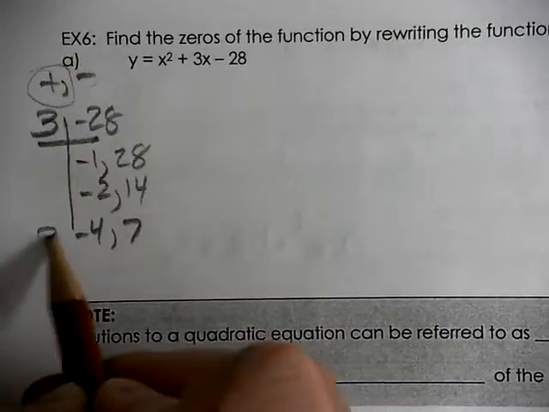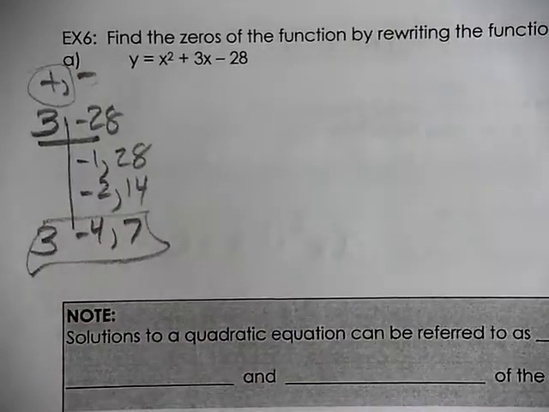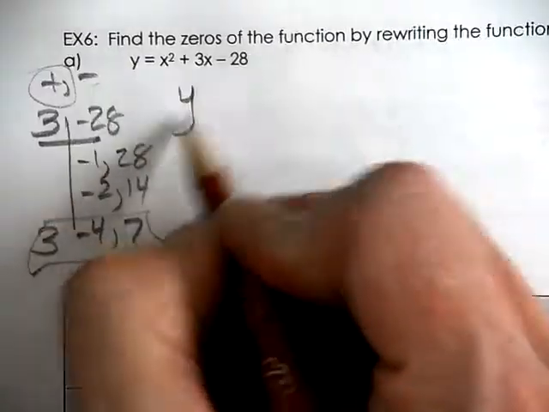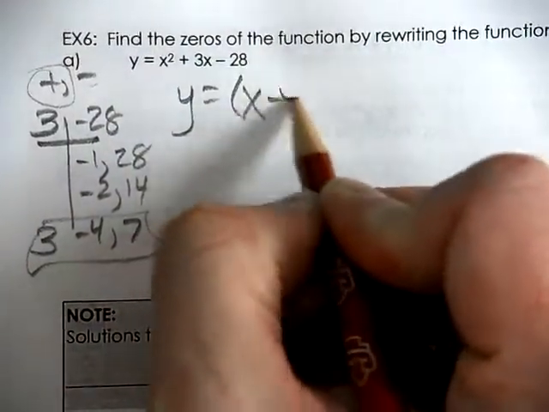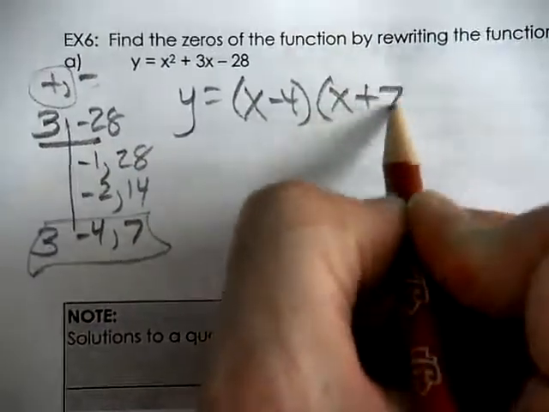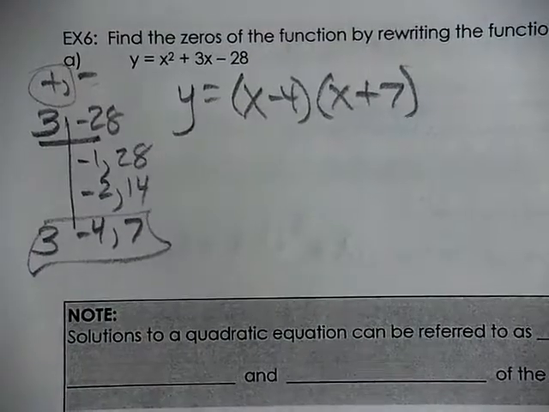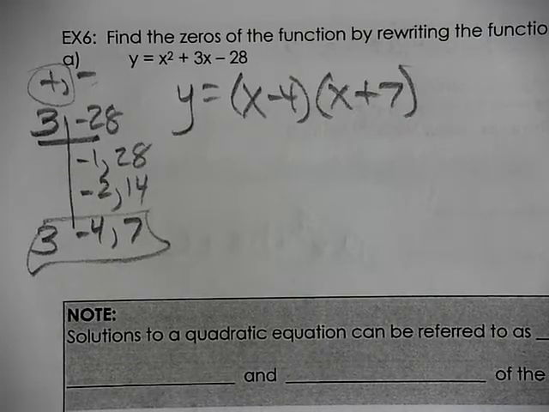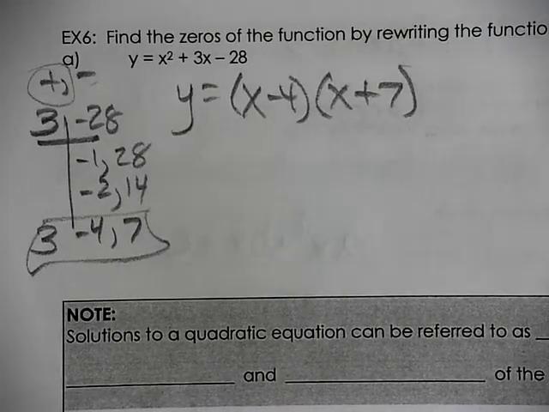So this is the only one that adds to 3. So we're going to be able to take our y equals (x minus 4)(x plus 7). We have written it in intercept form, so you don't have to put it in